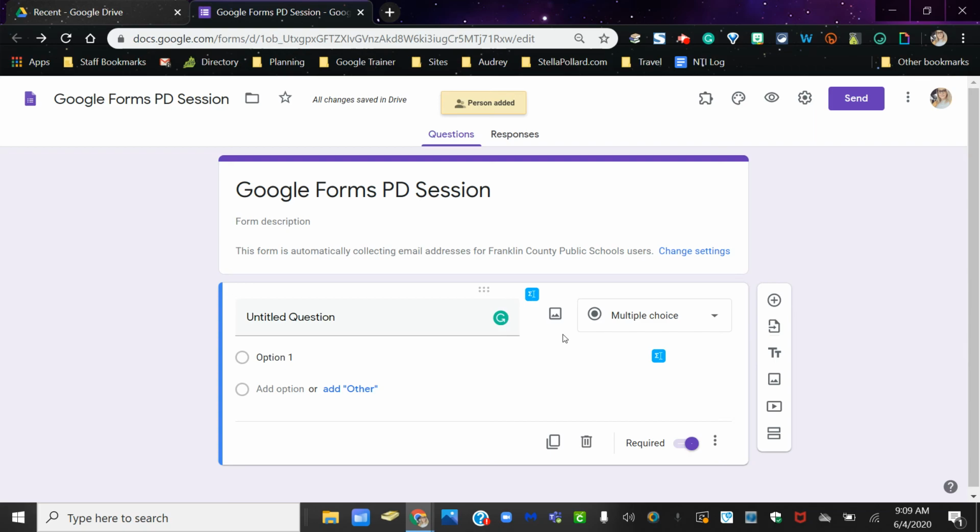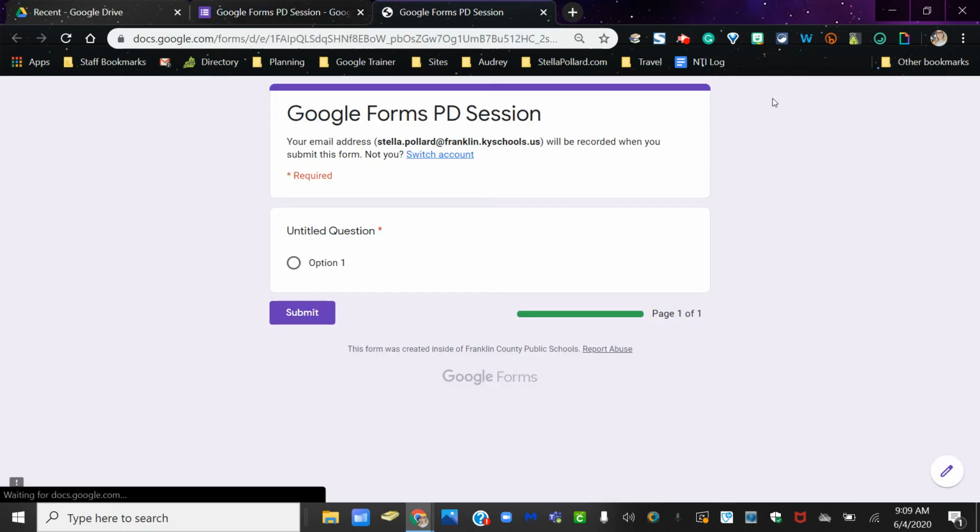The last thing I want to share with you in this video is this eyeball button. If you click on the eyeball, you're going to be able to see it as a participant or a student, and you'll be able to fill it out exactly the same way that they would. To get back to the editing mode, you just click the pencil in the bottom right-hand